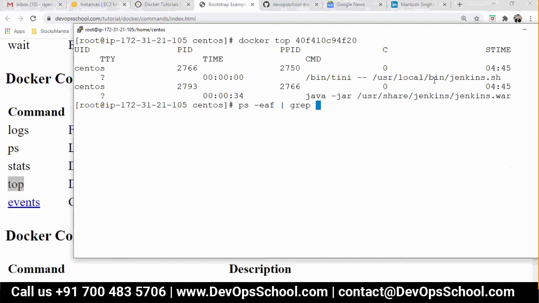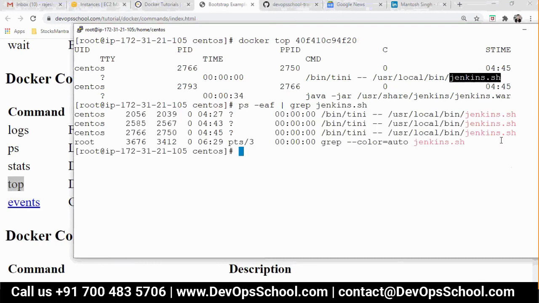I'm just grepping jenkins.jar. See here, 2766 is matching, right? Okay. So remember my keyword, host PID. I never said container PID. The top command will give you the host PID. Got it?